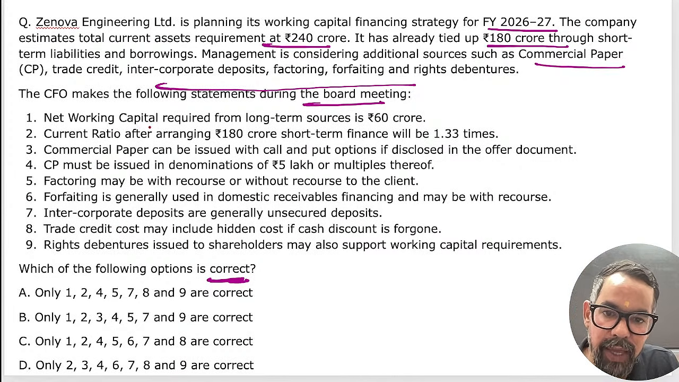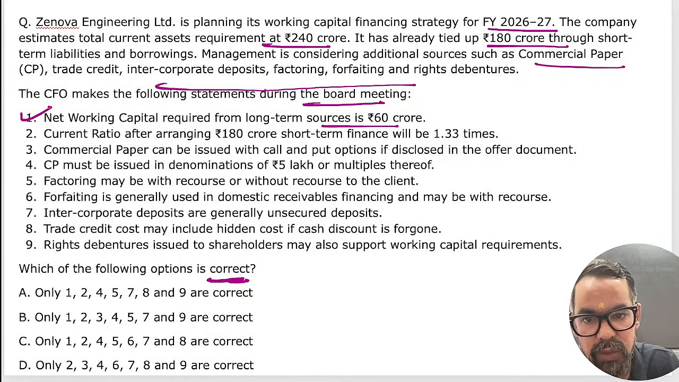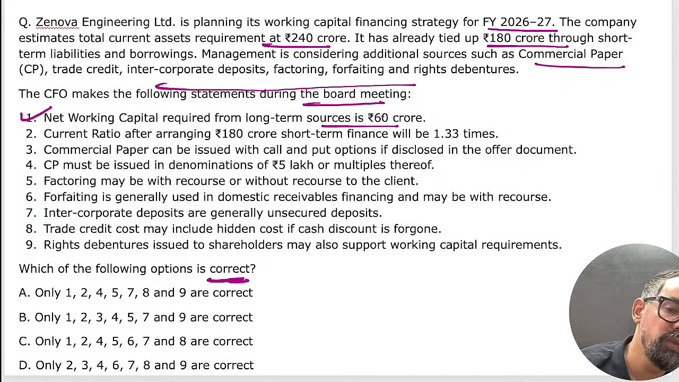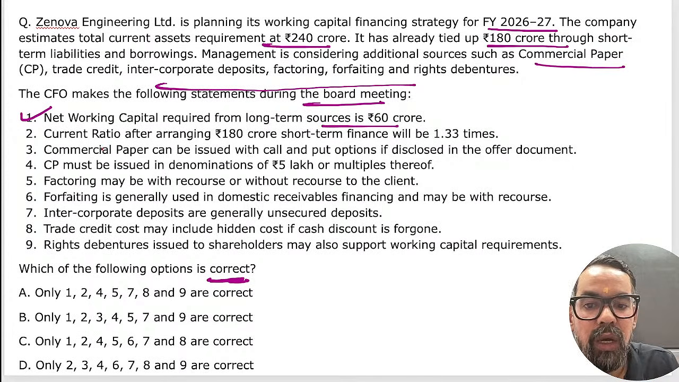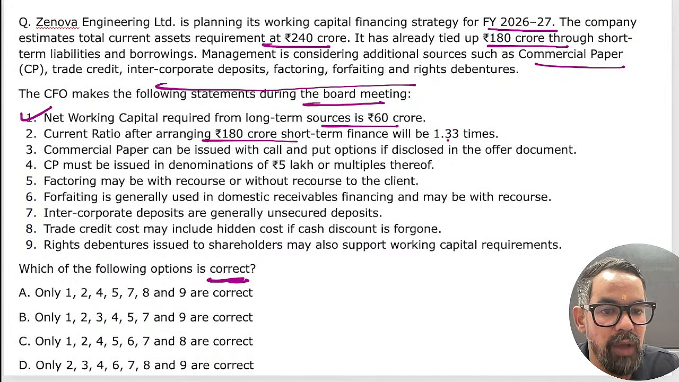So net working capital required from the long-term sources: it is 240 minus 180, 60. Yes, the first one is true. The second one is about the current ratio, the difference between current asset and current liabilities. The difference is 60, so this should be financed through the long-term sources. This money they should have from the long-term sources, right? Of their current asset. Current ratio after arranging 180 crores short term finance is 1.33 times, that is also